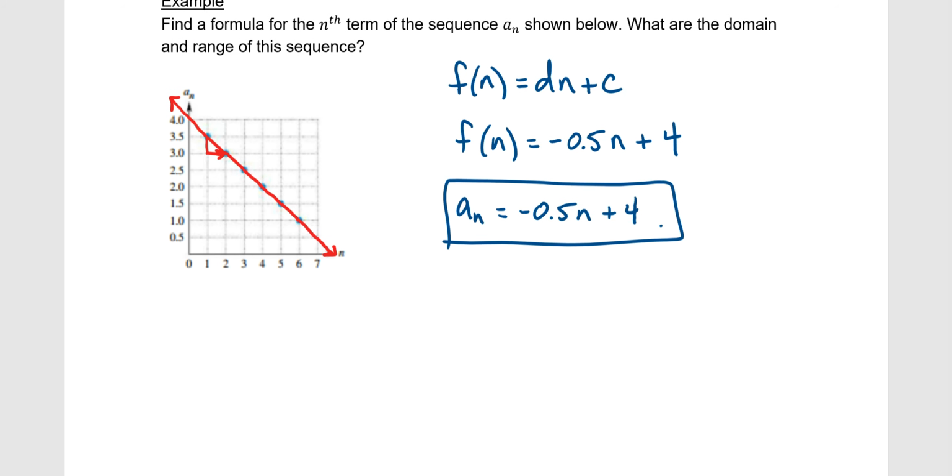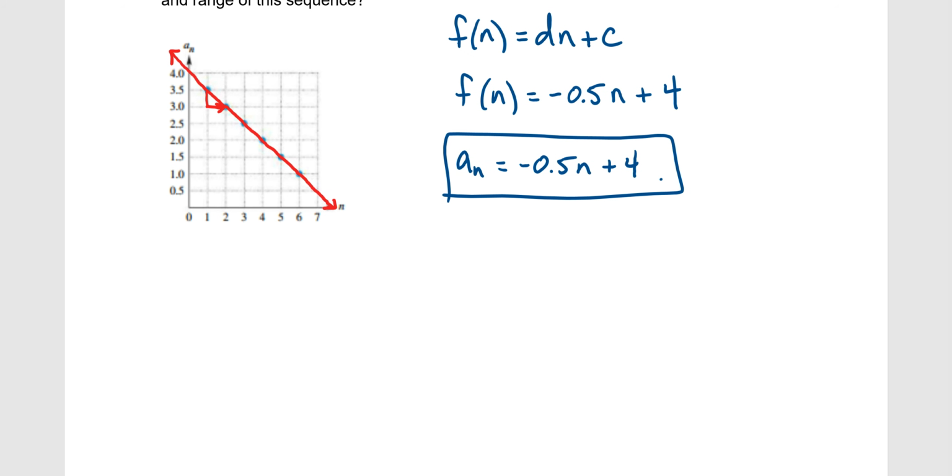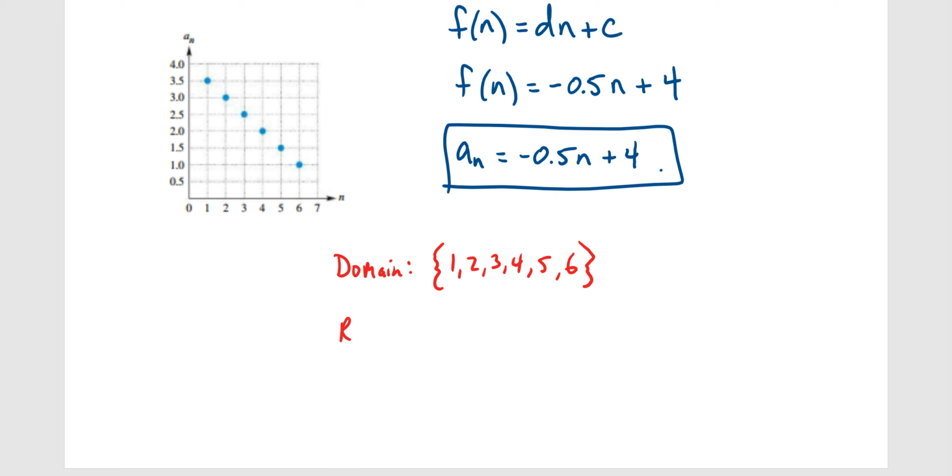Okay, and then we also want the domain and range of this sequence. I'm just going to write that down here. The domain is going to be all of the x values. So since these are discrete points, let me get rid of this line. All of the x values are just 1, 2, 3, 4, 5, and 6. That's it. So they're all the x values of the dots, and the range is going to be all of